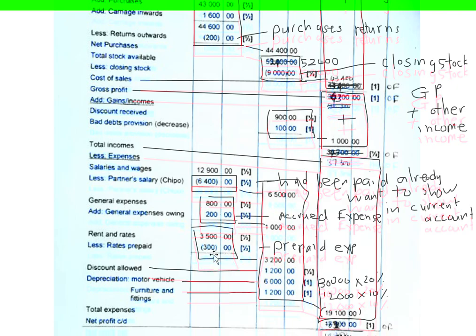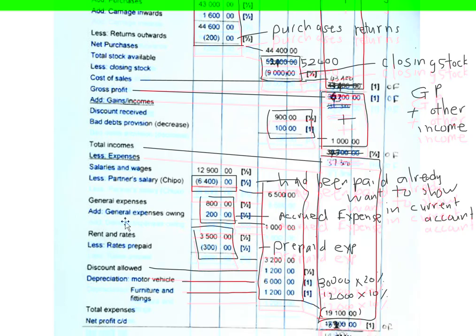So we must take out the prepaid amount. And that amount is 3,200. So for rent and rates, the amount is 3,200. Now discount allowed, they gave us that amount. That means a debtor,